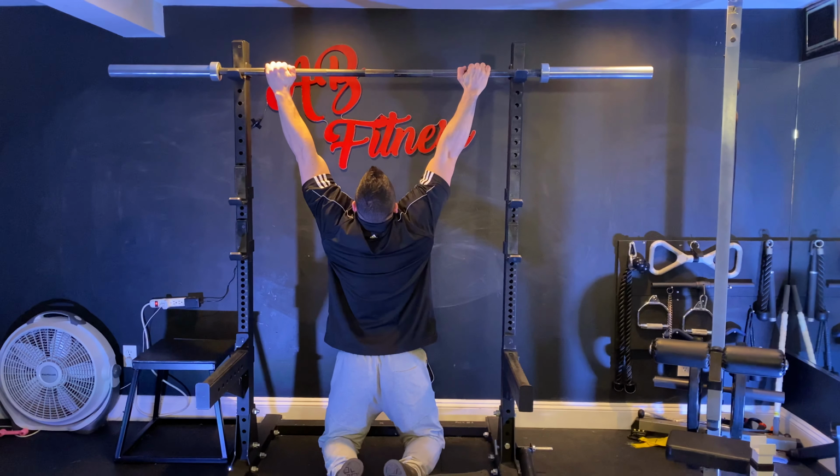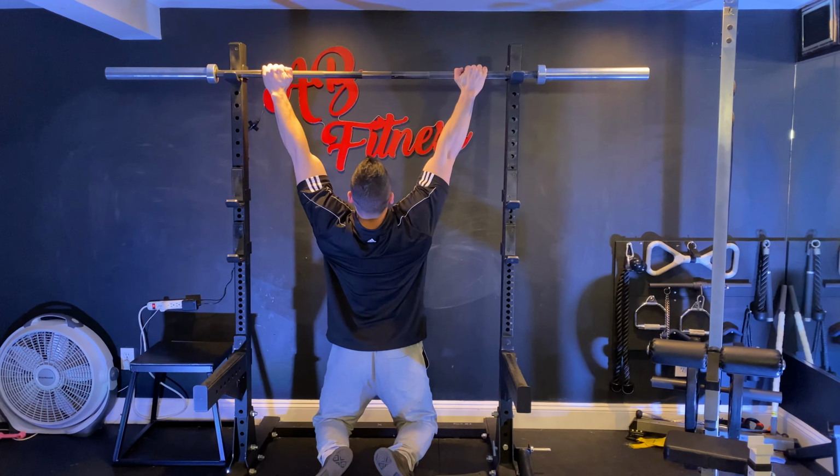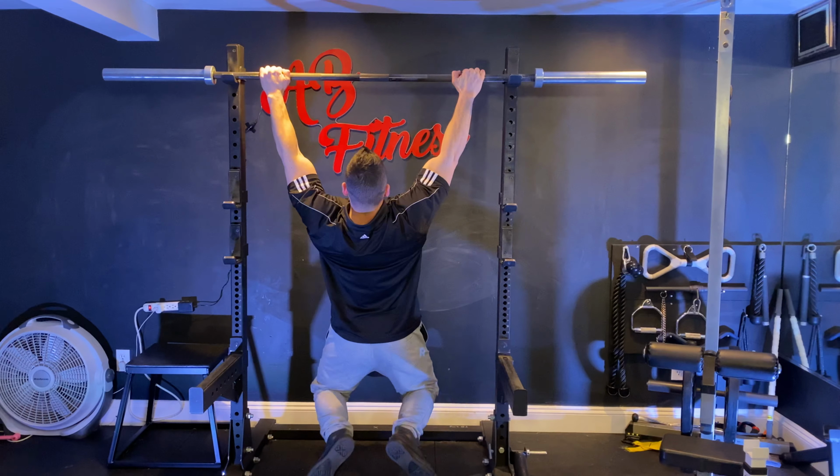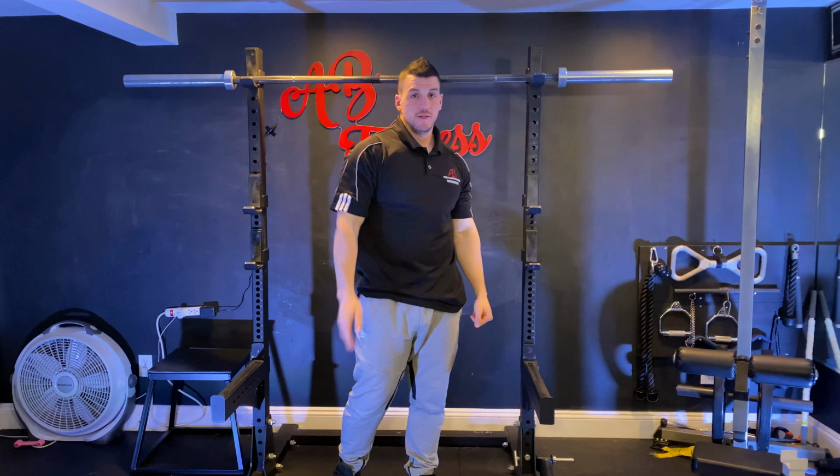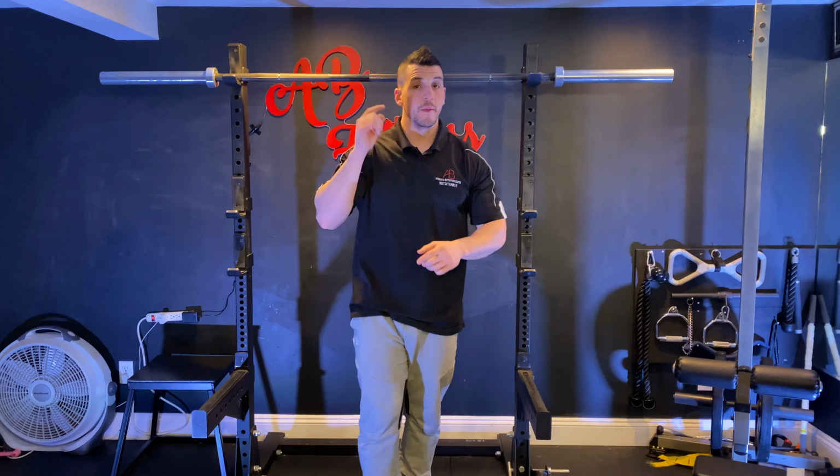1, dead hang, up, 2, 3, and so on. And you're going to do that 5 reps. Okay, so far we're at a total of 10 reps. Now, the next thing you're going to do, and you can rest in between, but the next thing you're going